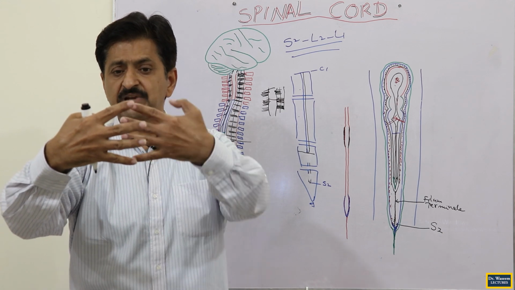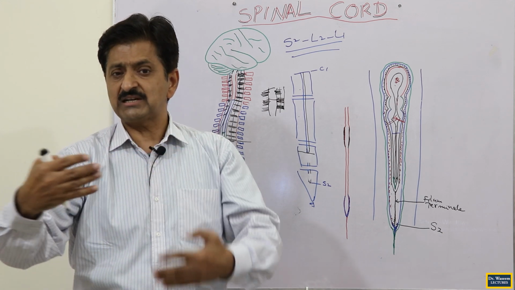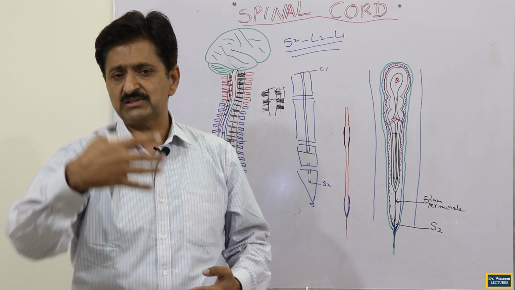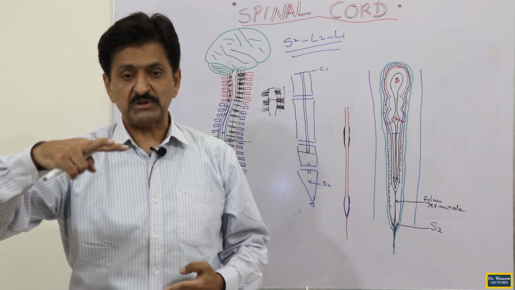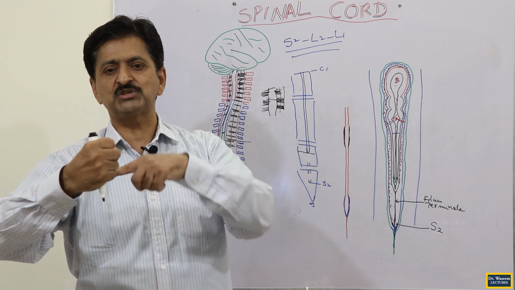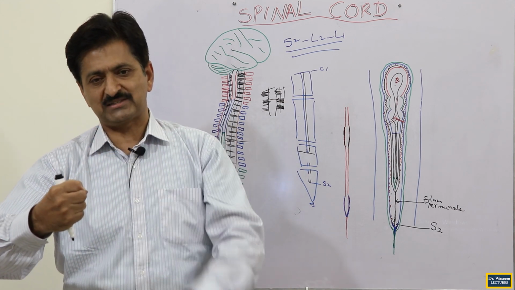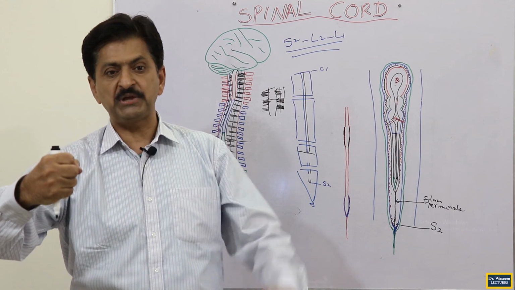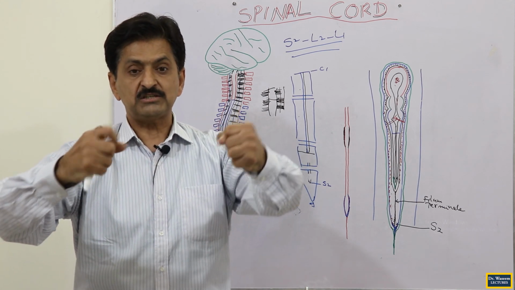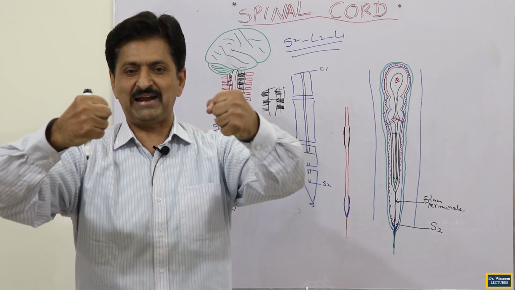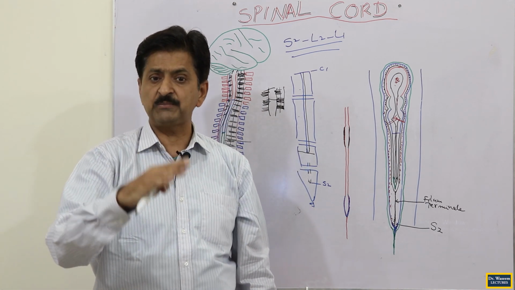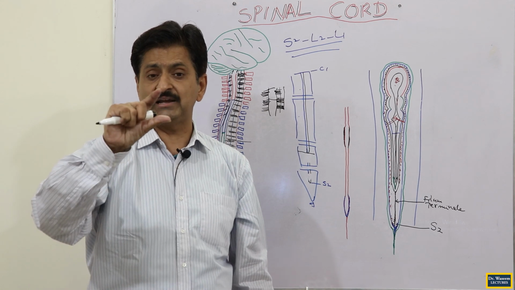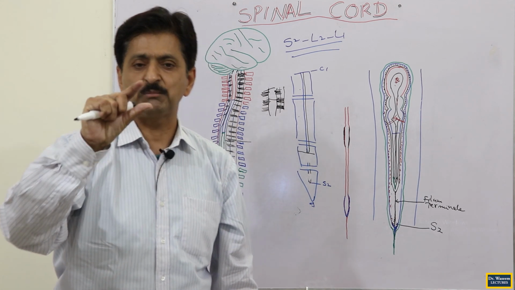And it will be 9 to 10 rootlets as far as the motor root is concerned, and 9 to 10 as far as sensory rootlets are concerned. Means one nerve is holding the spinal cord on its own side through 20 rootlets. So you can say 20 rootlets from here, 20 rootlets from here. Just one segment of spinal cord is held from two sides by 20 rootlets each, so 40 rootlets are holding one segment of the spinal cord.